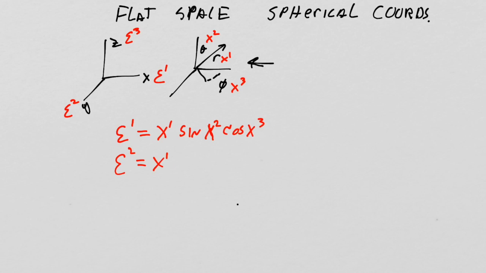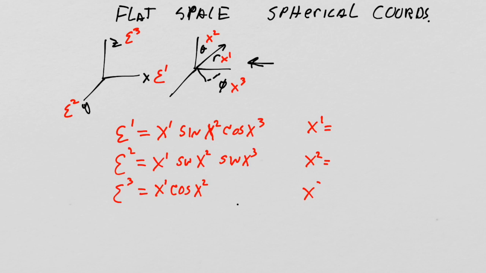Now, it's interesting. I should sine X2 and then sine X3, and C3 is X1 cosine X2. And this can be inverted, right? I should be able to write X1 equals, X2 equals, and X3 equals, right? Now, also, if I was really hardcore general relativity type notation, I would actually write, for example, this one, I'll put it in green because it's so hardcore,